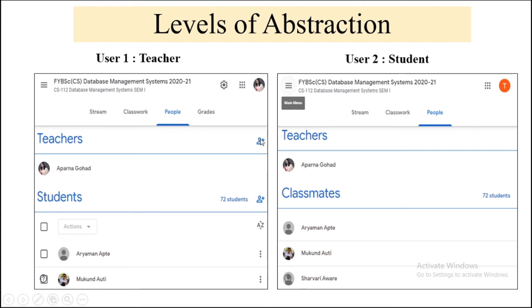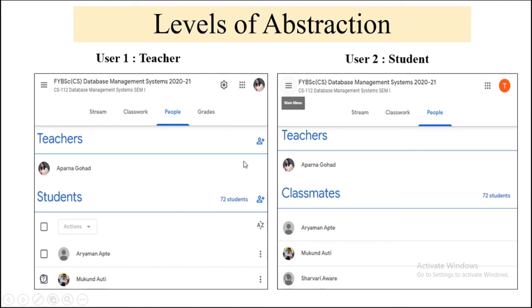The student can see the classmates as part of this Google Classroom, and teacher can see these students. Even the teacher has the facility of adding the students, as well as the teacher can see the grades of the student. So there are multiple views for one database.